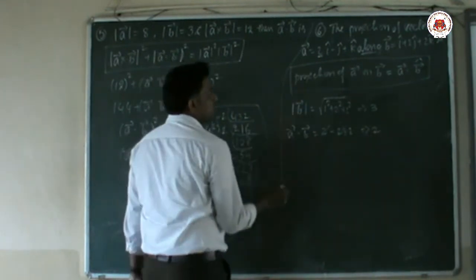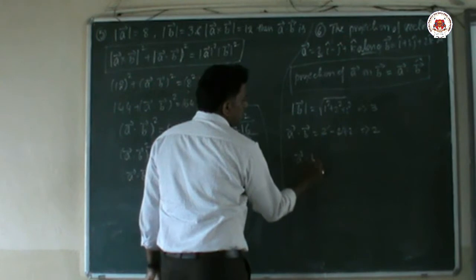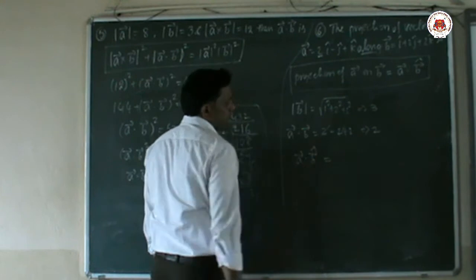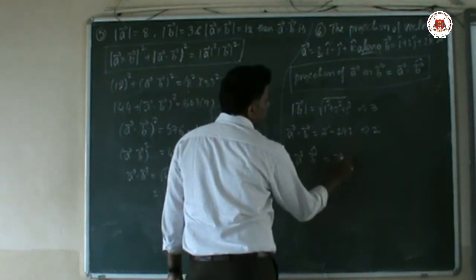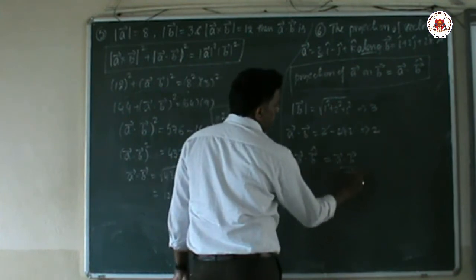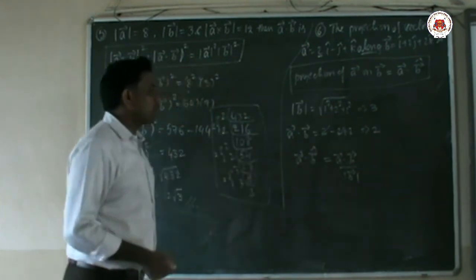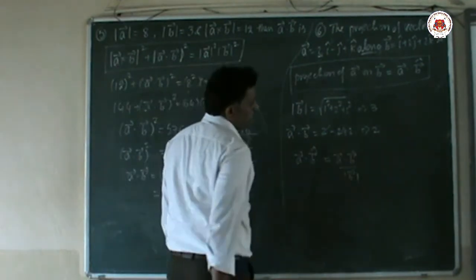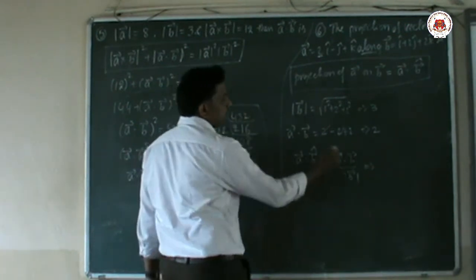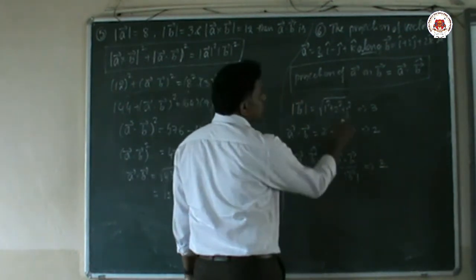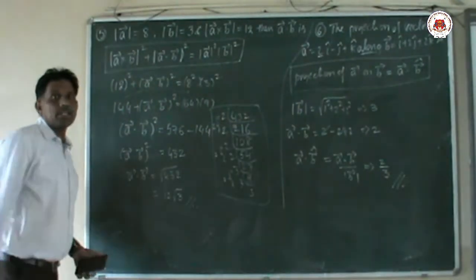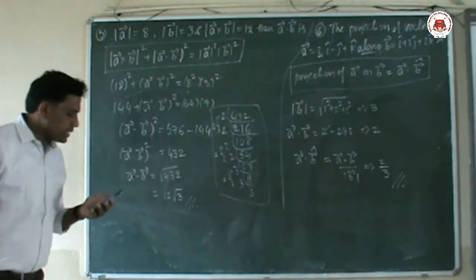Then we substitute in the formula: vector A dot B cap. So how to write this B cap? B cap is nothing but vector B by mod B, because of the unit vector formula: B cap means B vector by mod B vector. Here dot product is there. So if you substitute here, A dot B value is 2 and mod B value is 3. So what is the projection? The projection of A along B vector is 2 by 3. This is the sixth question.